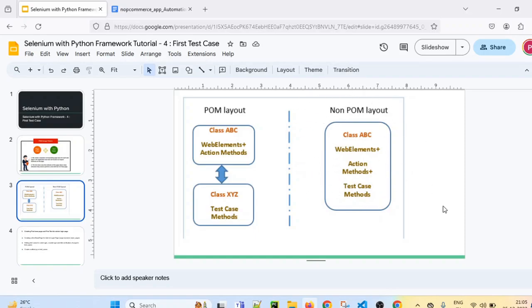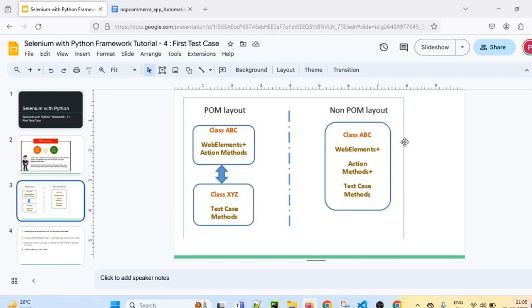But this is not the right approach, because let's say there are 10 to 20 test cases. Writing all those things multiple times in all these test cases is not a recommended approach. Because tomorrow, let's say you have created 10 test cases, and in every test case, you have used login. So we login with some elements, right? We have to identify the login input field, login button, etc.